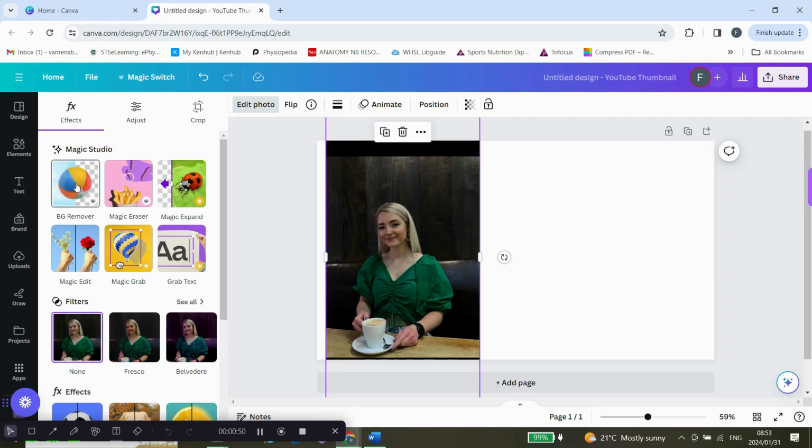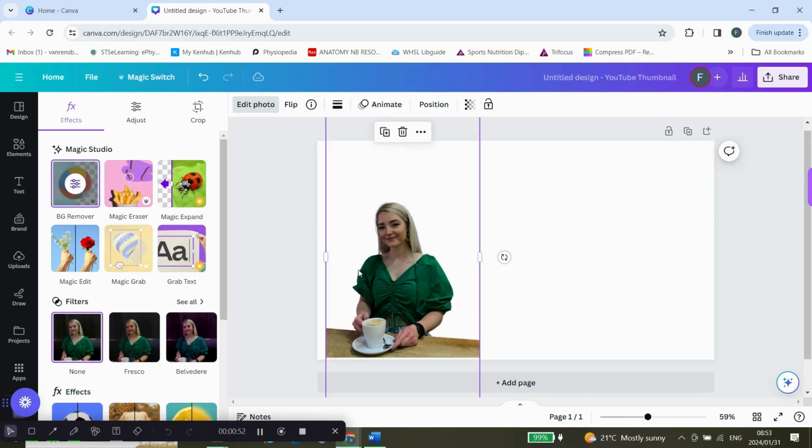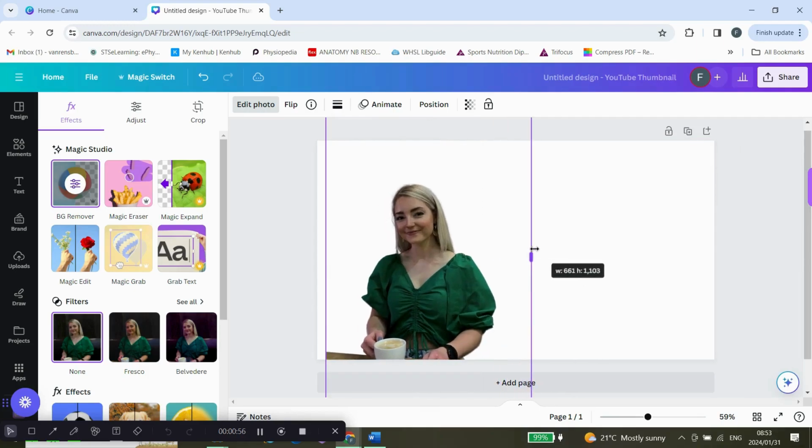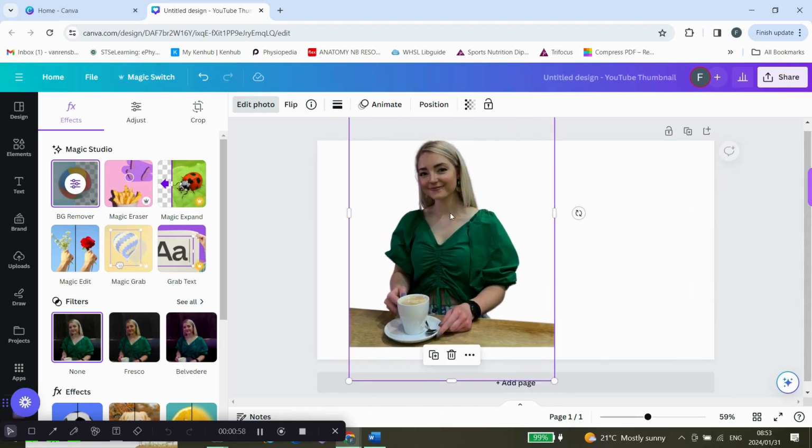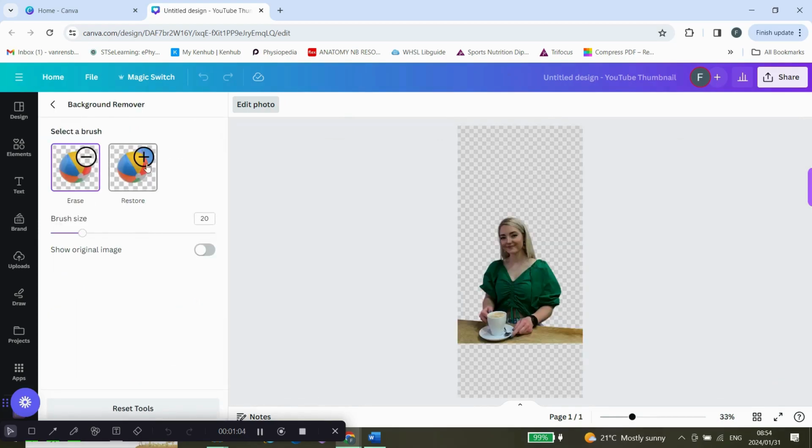But anyway, so you're gonna click on the background remover and look how cool this is. Okay, let's make it a bit bigger. Okay, now the cool thing is we can go to the background remover itself and you can erase parts that you want not show. So if I want to remove part of the table or the whole table, I can remove that,